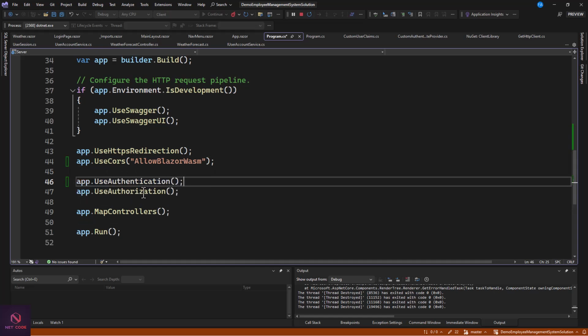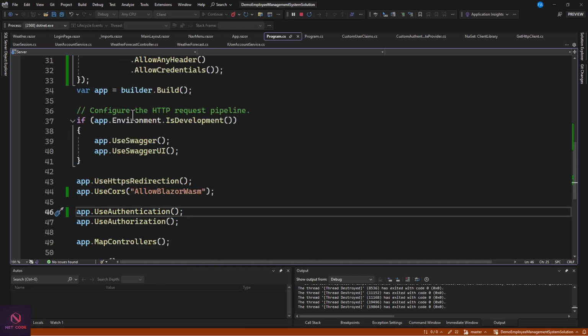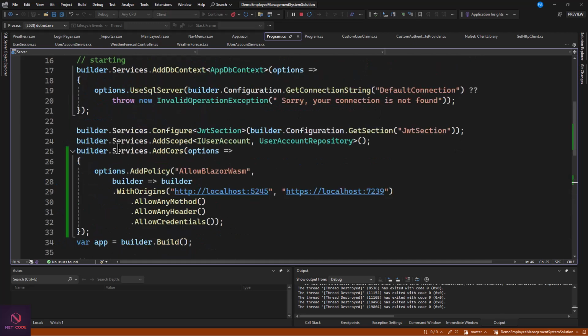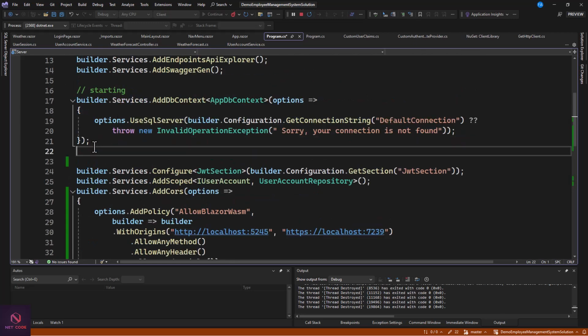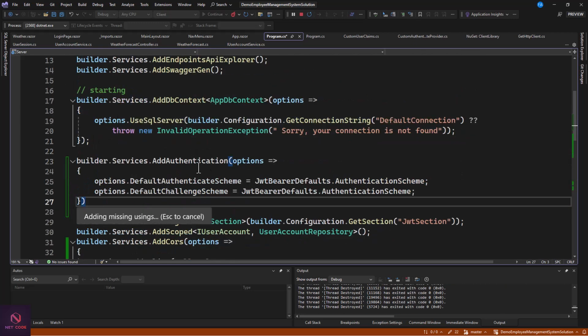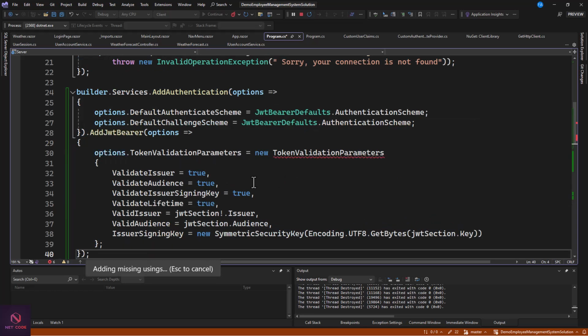Now let's add the scheme. So after the registration of the service, the connection, we want to add authentication. Then after adding this, we have to also add the bearer. That's going to be the JWT bearer. That is where we are going to specify our issuer, the audience, validate, etc. So you see we have validate issuer, validate audience, validate issuer signing key, validate lifetime,